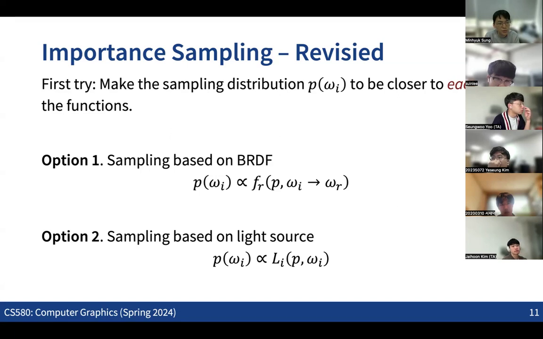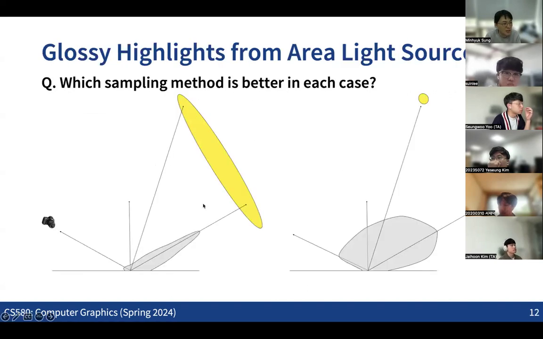So those are the two options. When you have these two strategies, sampling the points for these two cases, let's say for the left case, the yellow things are representing some light source. On the left-hand side, we have a long light source, which looks like an area light in 3D space, or a line in 2D space, and also a very glossy